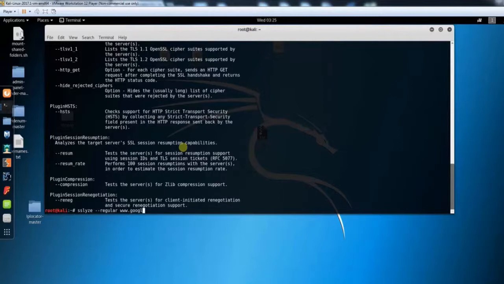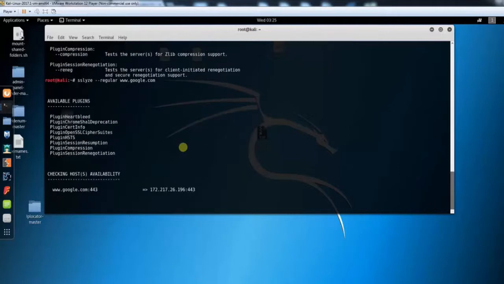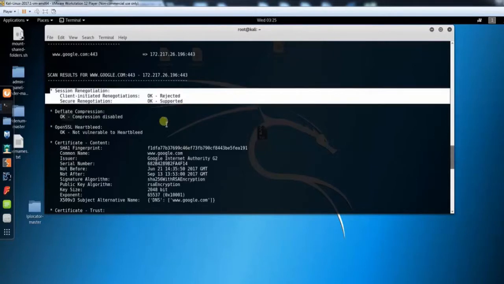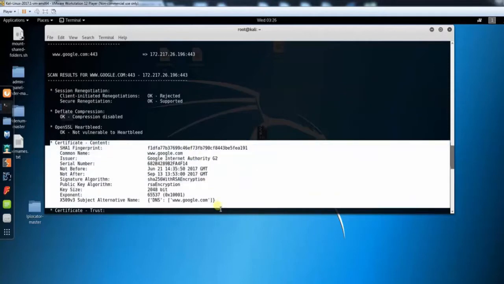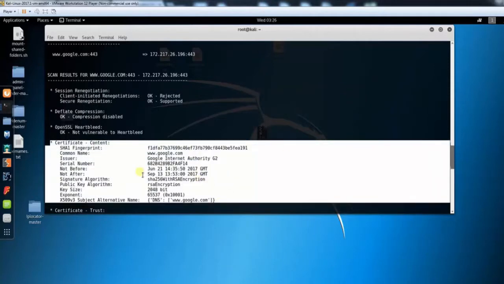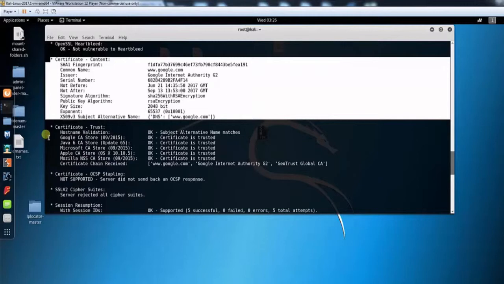So type sslyze --regular www.google.com. Here you can see the scan result for google.com: session renegotiation, client initiated renegotiation is rejected, secure renegotiation is supported. Here you can see that the certificate contains SHA1 fingerprint,